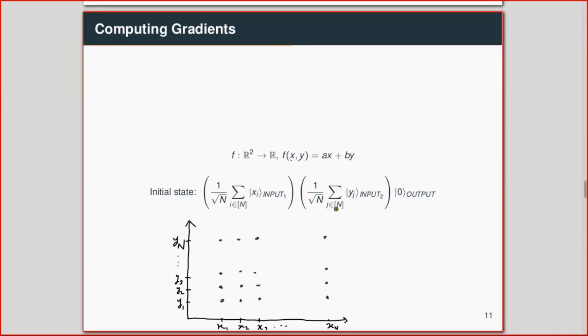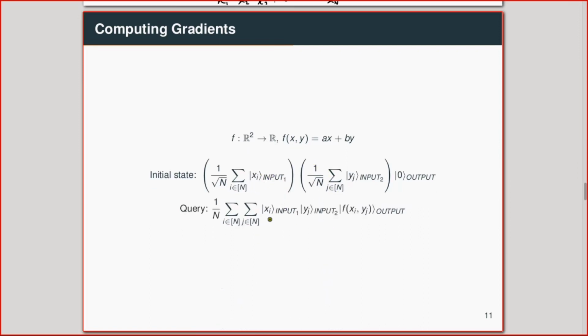But what you can do is you can query at a grid of points. So I'm querying at x1, y1, x1, y2, x1, y3, and so on. I'm querying at a complete grid of points in superposition. So that's why x over here takes all the possible values of x, y takes all the possible values of y, and together they take all possible values of xi, yj. If I make the query, I will get xi, yj,